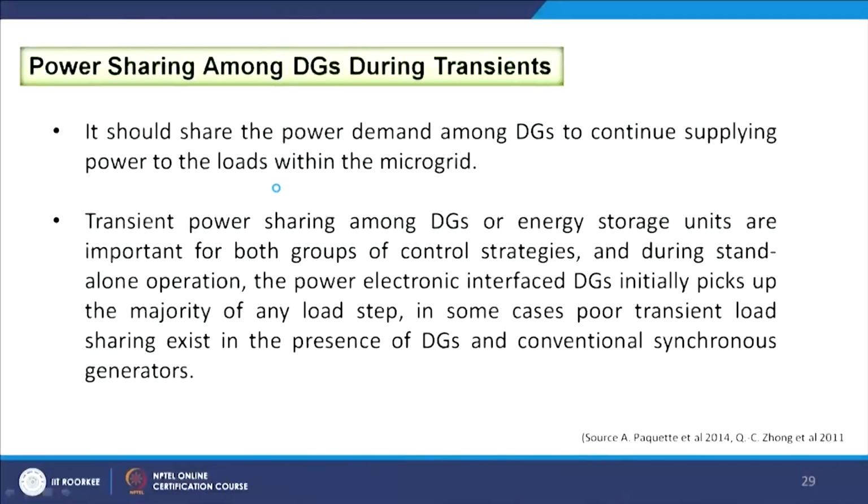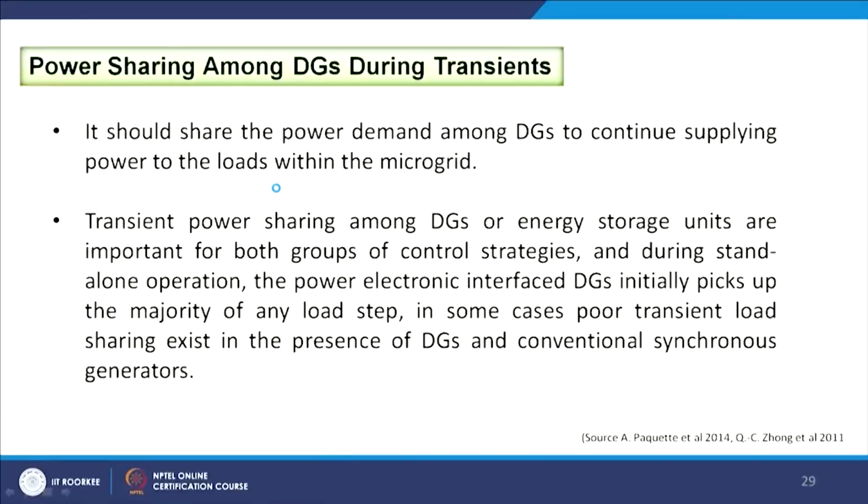Now, how do you share your power during transient? That is the biggest challenge. For example, the power sharing among the distributed generation is not necessarily the same when they are in grid connected mode and when they are islanded. How do you distribute their power? It should share the power demand among the distributed generations to continue supplying power to the load within the